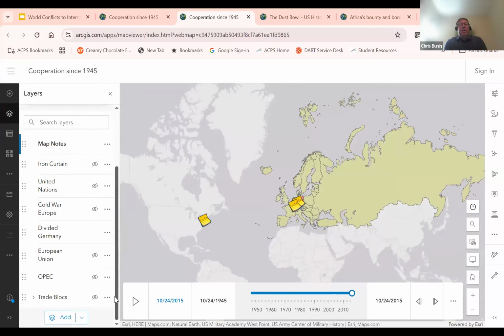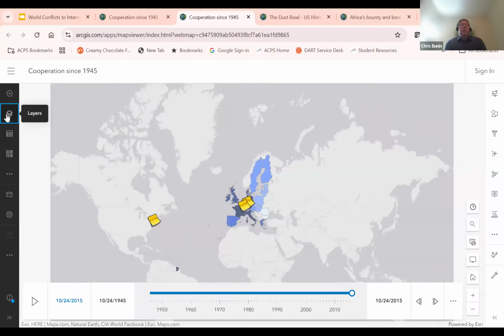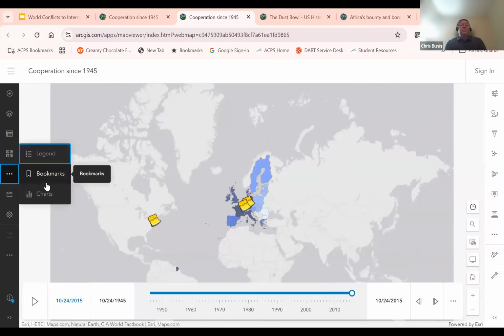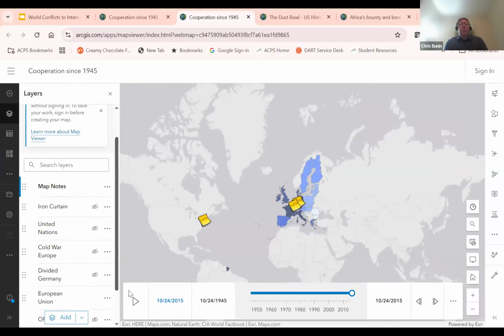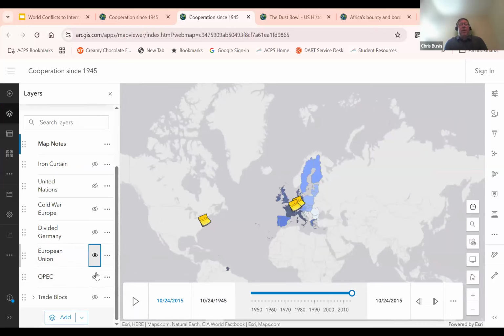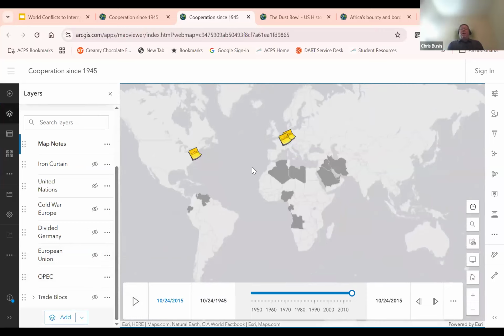And then what I really like is that when we get into different alliances, we can say, well, what is the European Union? And it shows in the legend when countries join the UN. Additionally, as we work our way through the layers, we can then highlight OPEC and what is OPEC and what kind of